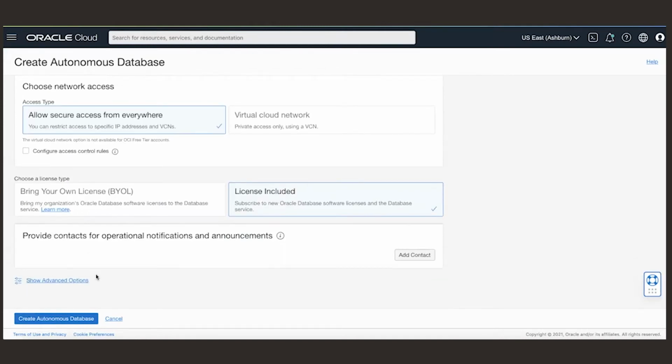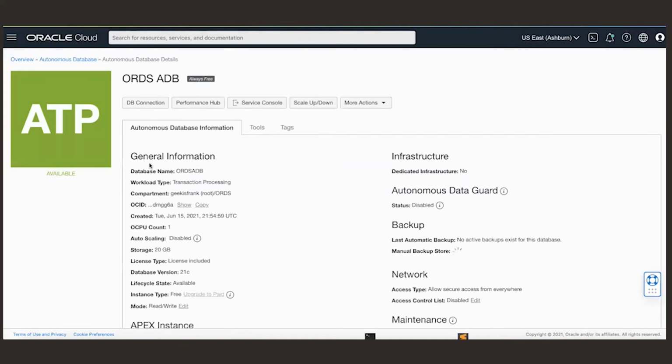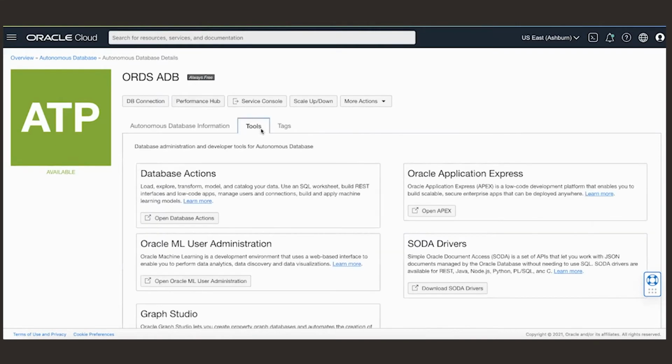All right. Since I already have an autonomous database instance created, I'll just click this. As you can see here, in order to access our Oracle REST Data Services, you will need to open database actions.